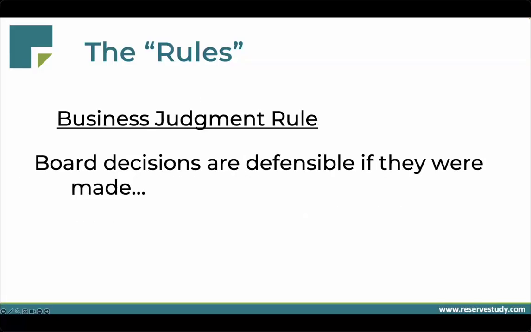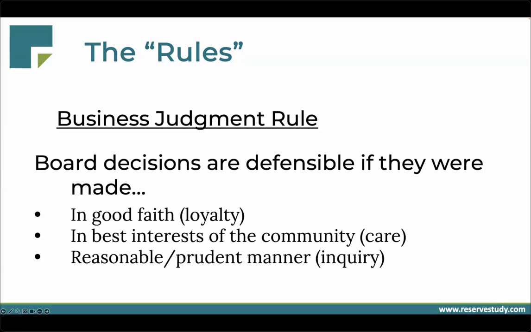Now, another set of rules that we need to talk about is the business judgment rule. When a board's decisions are challenged, whatever they have done is going to be checked against the three-part business judgment rule. For all the decisions that you make, large or small, we want to make sure that we are operating according to the business judgment rule. What's interesting about this is that in hindsight, we can actually be wrong. But if we show that we followed the three steps in the business judgment rule, we should have a strong defense. So what are the rules?